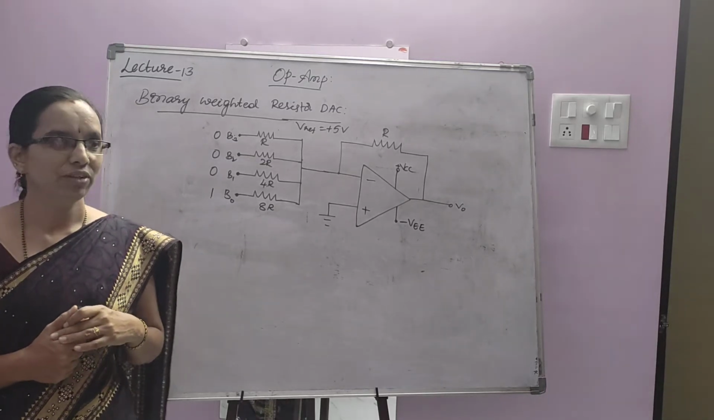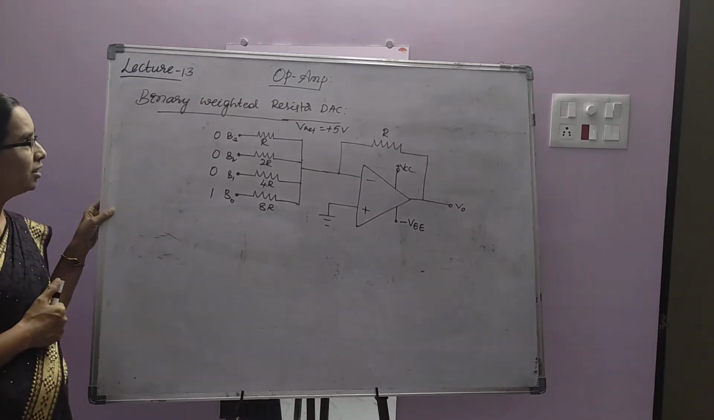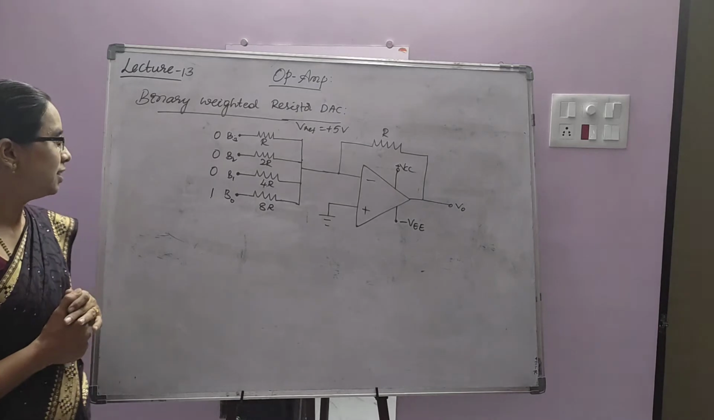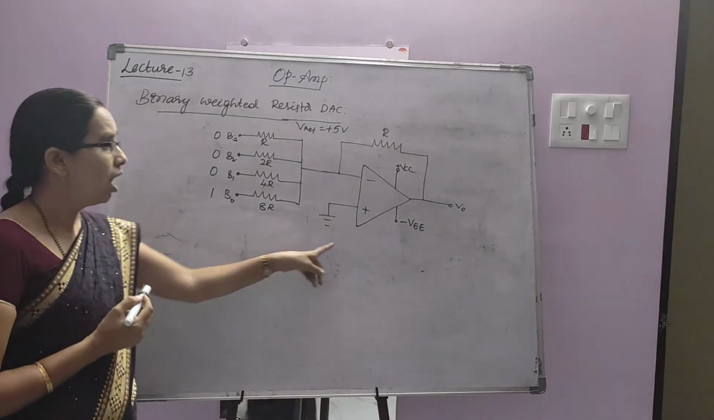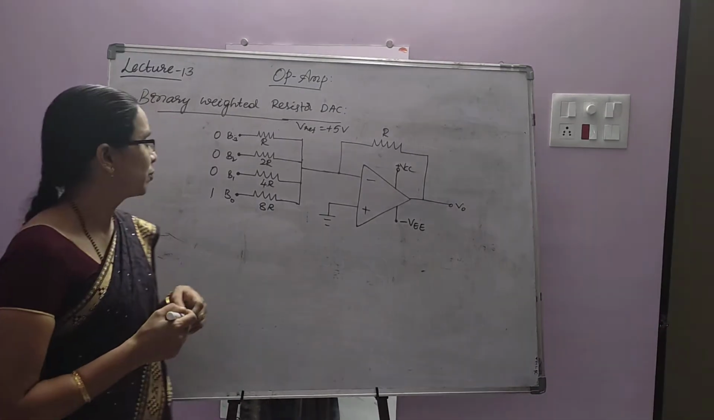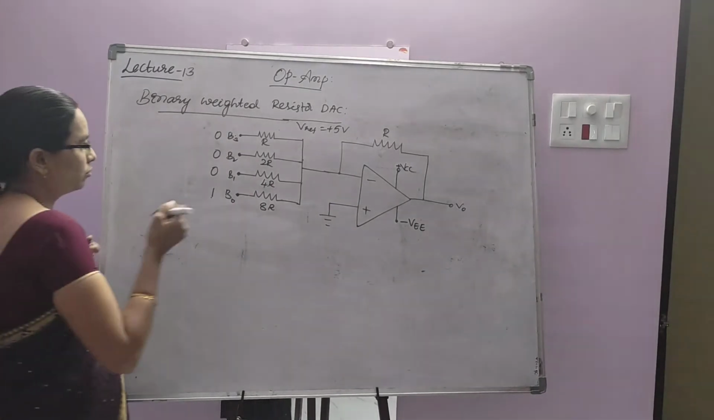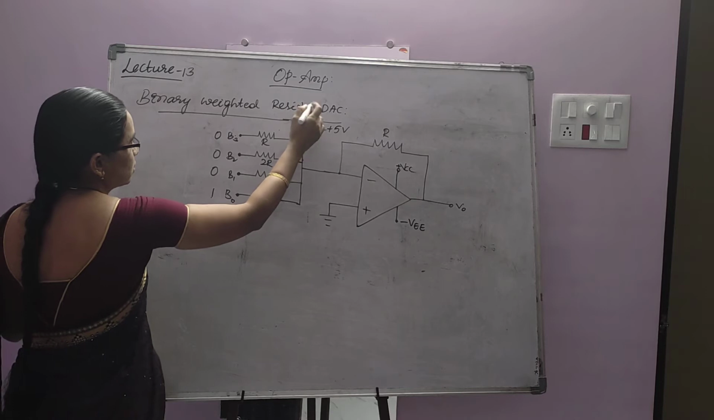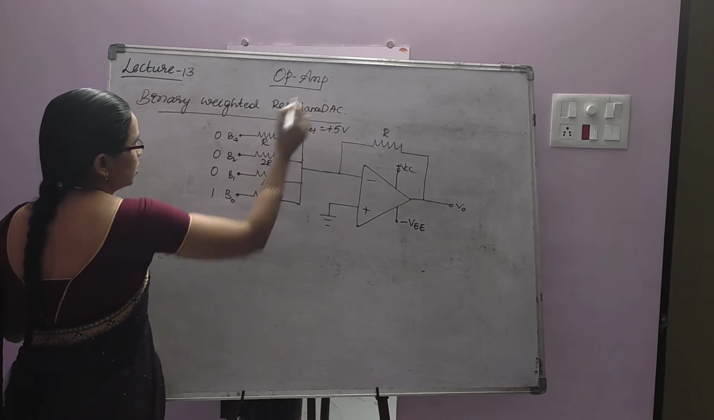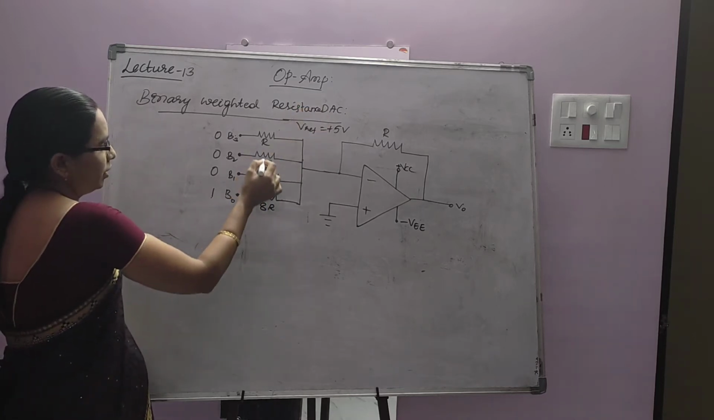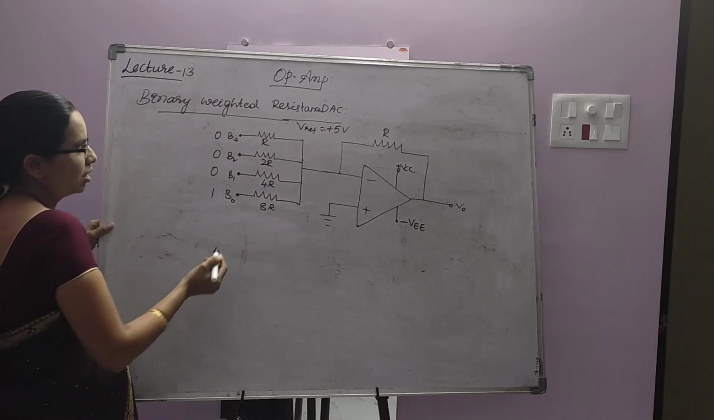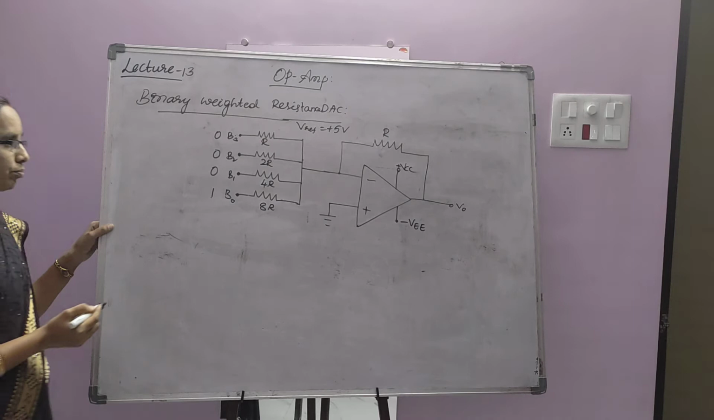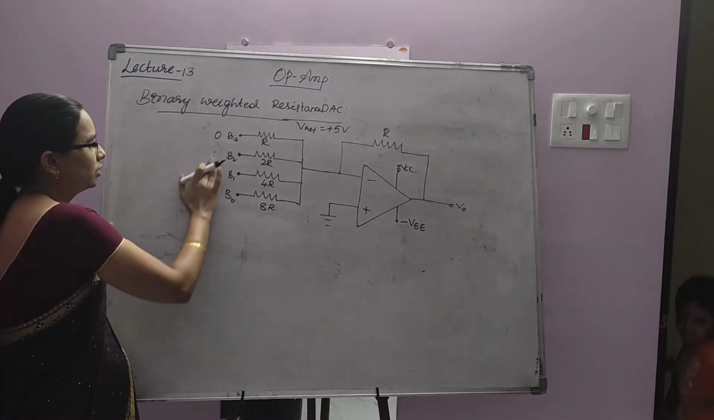In today's session, we are going to learn another DAC, that is binary weighted DAC. In this, you can observe an op-amp adder circuit to which weighted resistors are connected as the input. This is the binary weighted resistance DAC. So here